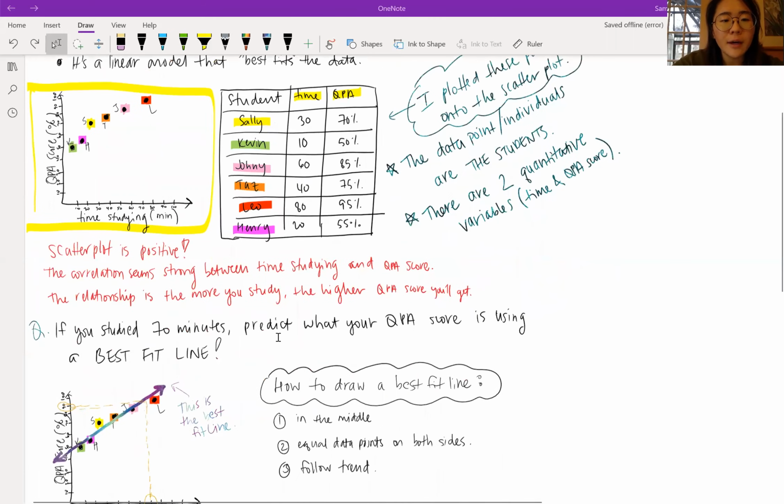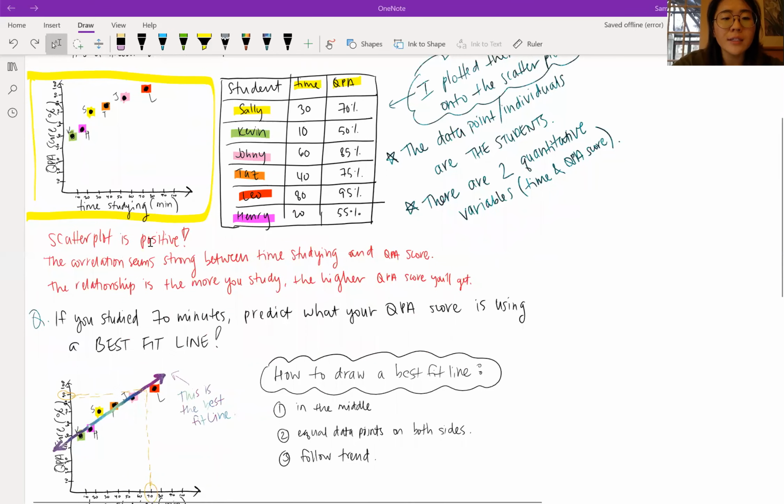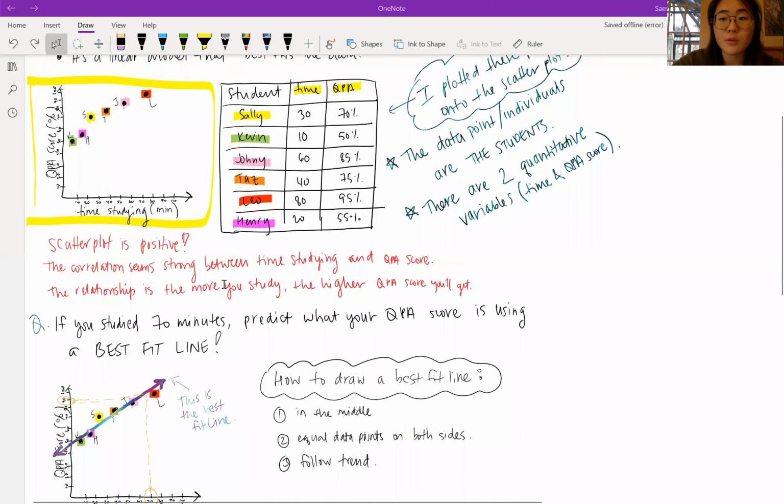So on the scatter plot, I say that the scatter plot is positive or the trend is positive. The correlation seems strong between time studying and the QPA score. The relationship is the more you study, the higher QPA score you'll get. So that's just describing. So the letters in red is what I would say if I was describing the